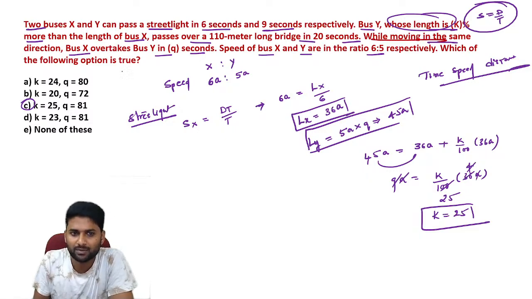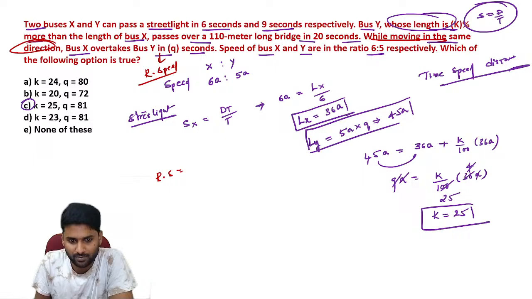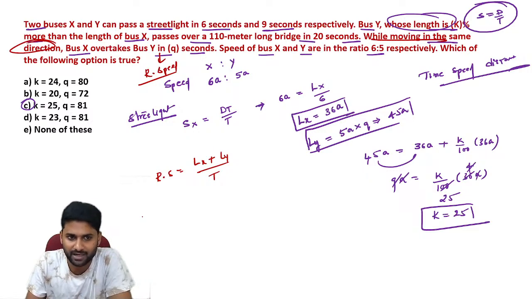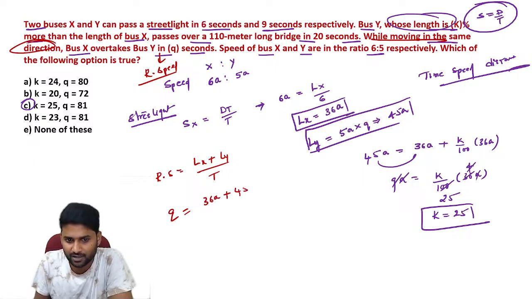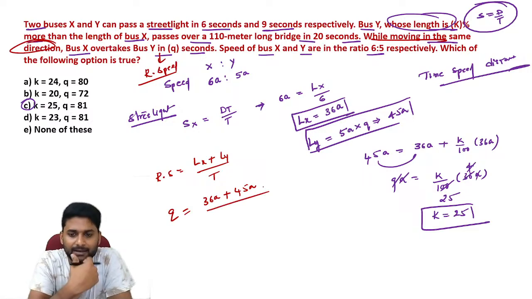Next one. While moving in the same direction, bus X overtakes bus Y. Guys, you have to apply the relative speed concept. Relative speed is equal to distance, meaning the length of bus X plus the length of bus Y, divided by the time taken to overtake. Now time is equal to q seconds. The lengths of bus X and bus Y are 36a and 45a, divided by